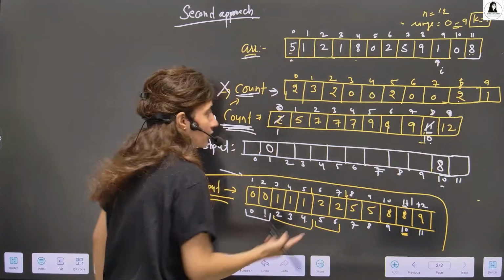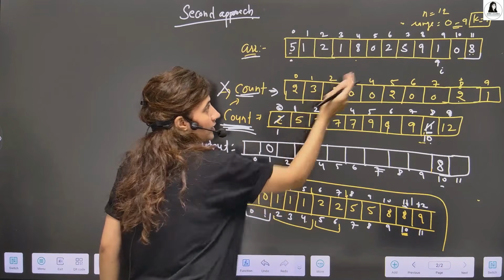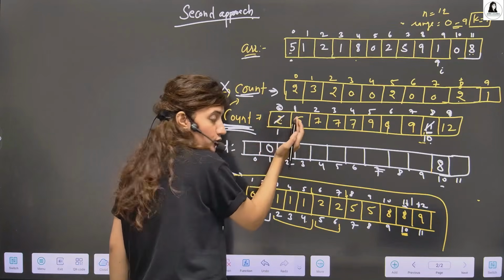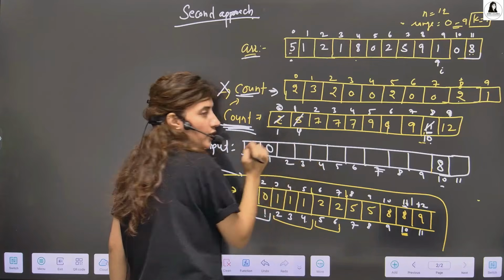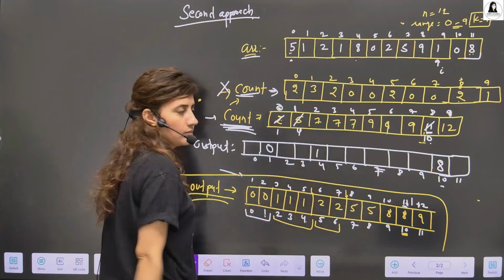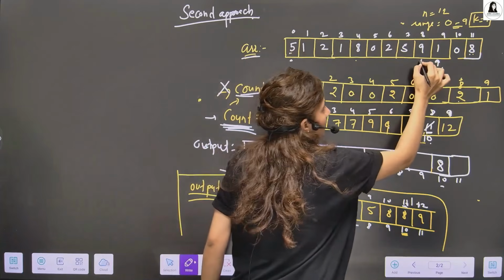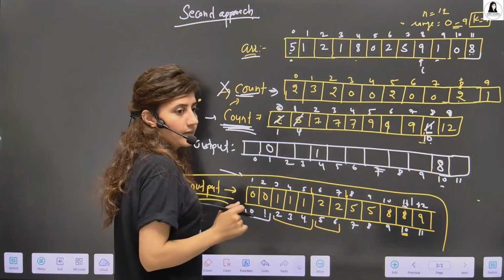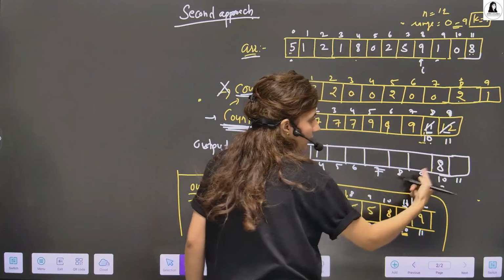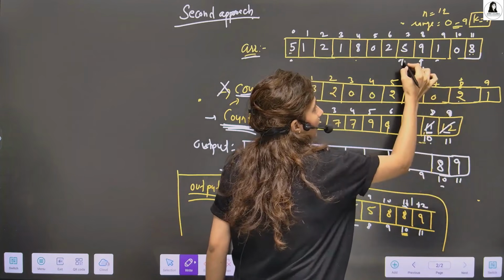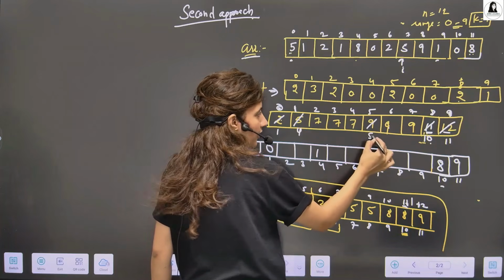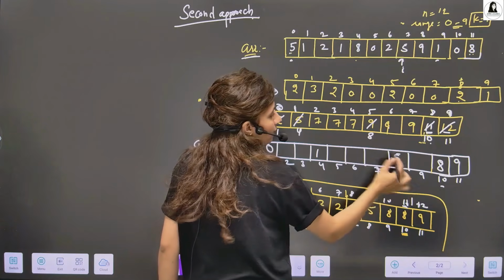Here we have 1. So go to index 1. For this element, the last position is 5. It's a position, so just do -1 first. Now you get the index. At the 4th index of the output, we put 1. I minus minus. Now I is here. 9. Go to the 9th index here. The position is 12. Decrement it, 11. At 11, now put 9. I minus minus. 5. Go to the 5th index. 9. First, decrement this, 8. At the 8th index, now put 5.